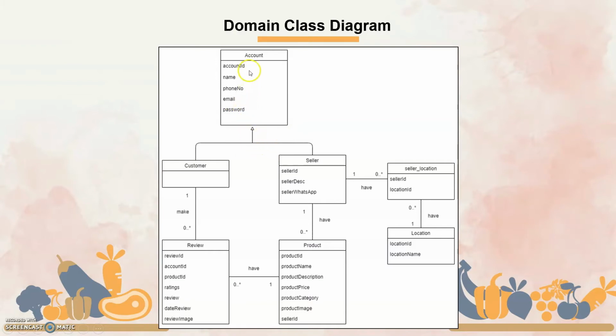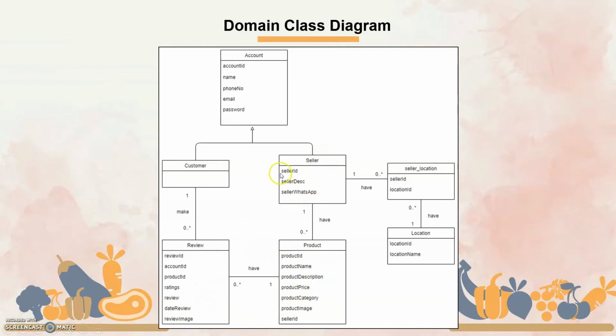For example, the customer is an empty class because it inherits all the same attributes as the account, so they do not need to be put in the customer class. One customer can make zero or many reviews of products, and one product can have zero or many reviews from the customers.